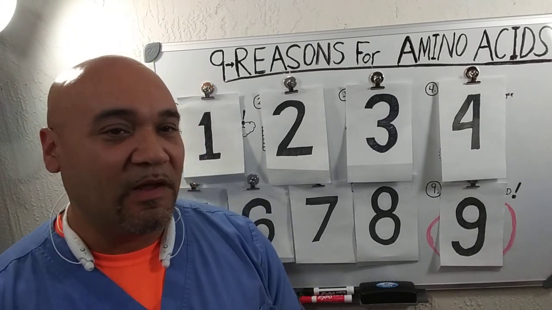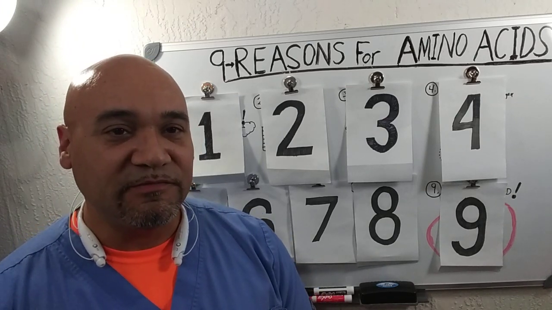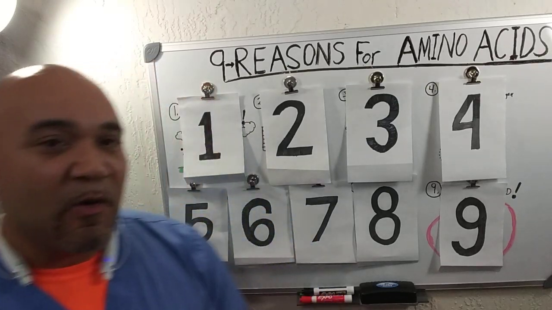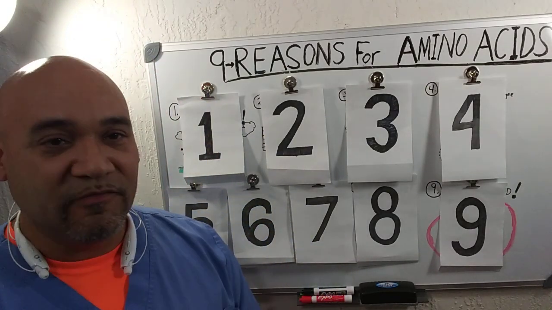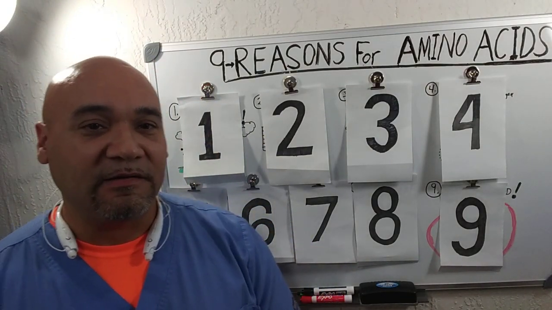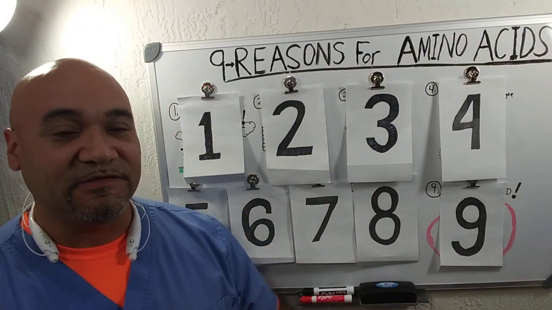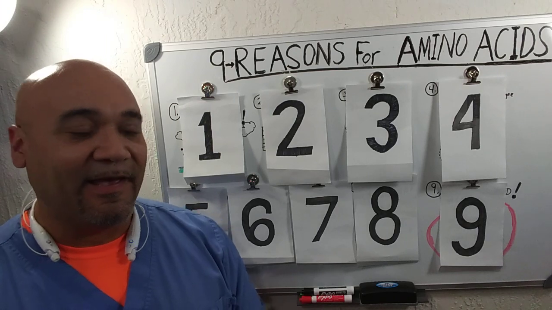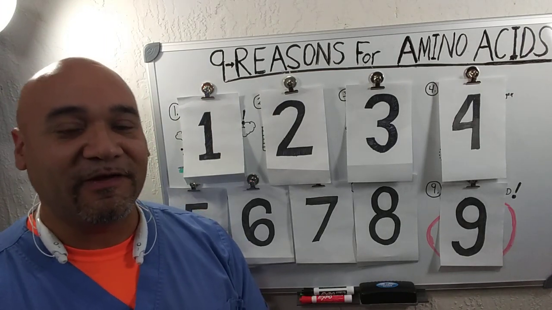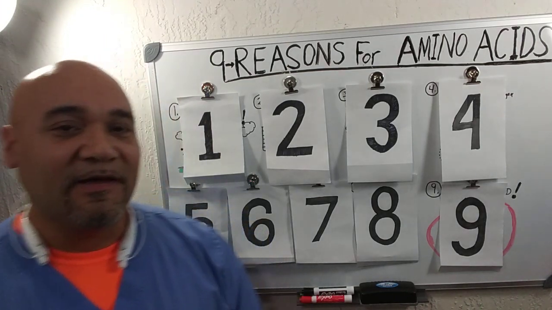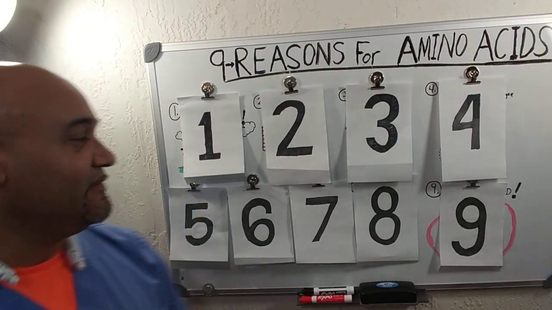I explain my theory, emergent chemical evolution, but in this video we're going to learn why life uses amino acids over any other class of chemical. Please stick around for number 9, which is highly counterintuitive, and I think you'll get a kick out of the drawing I did to represent that reason. Okay, let's start.